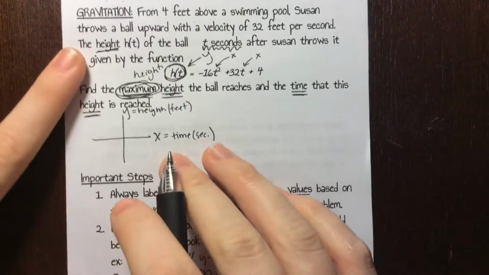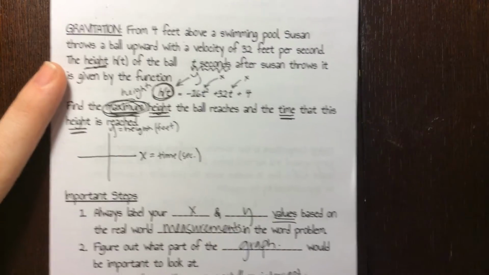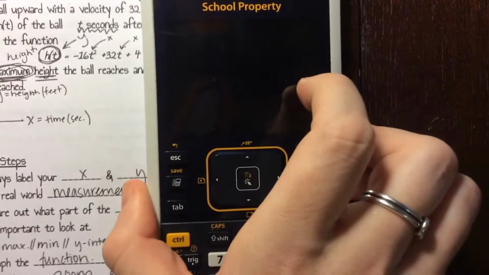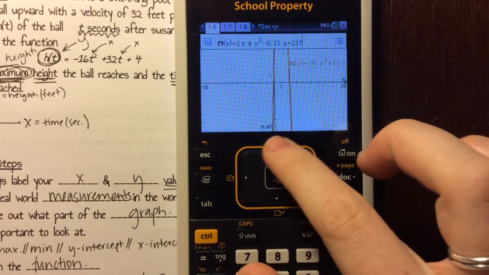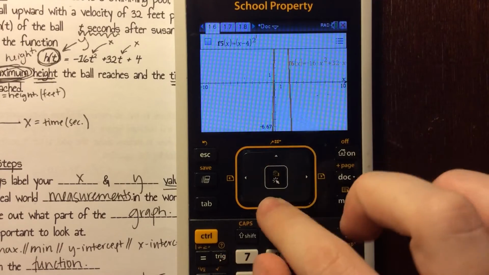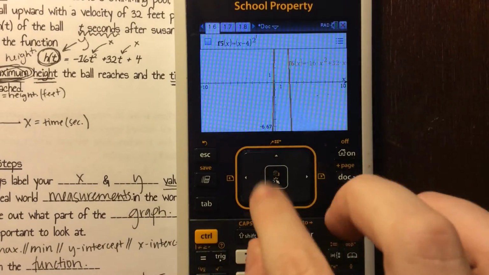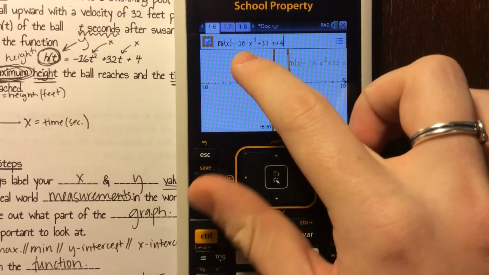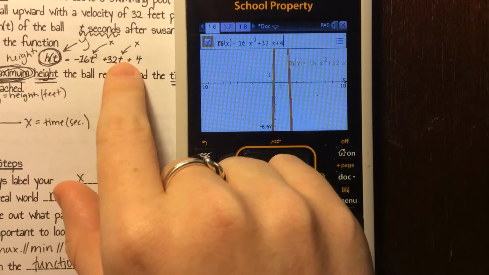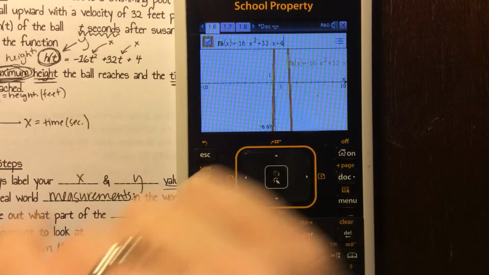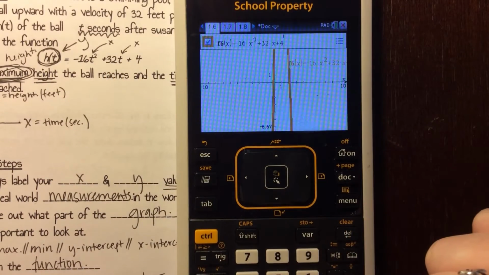Okay, so let's go back up here. I'm going to plug this into my calculator. When I plug it in, I'm plugging in that negative 16t squared, but instead of t, I'm going to plug in x. This is the function that I plugged in: negative 16x squared, because your calculator won't know what to do with t, plus 32x plus 4. When I graph this,